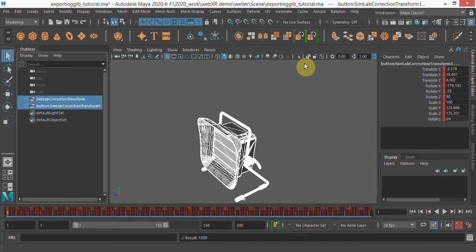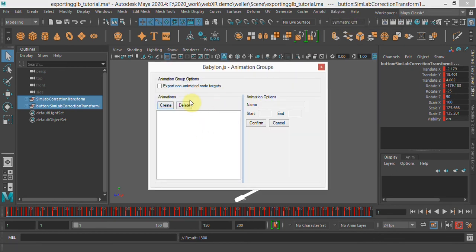Then I will go to, there are two options: Babylon File Exporter or Animation Groups. Animation Groups are for having multiple animations inside the same file. If I have many animations in the same file, I will use this option. But this is not the case right now, so I will go to